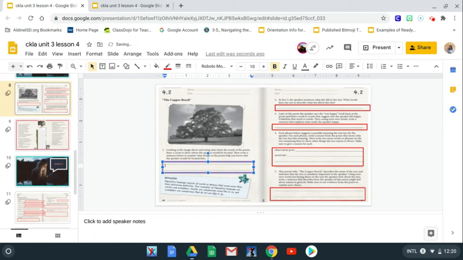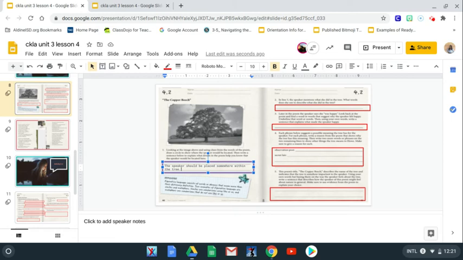The speaker was within the tree. And then our second question, what evidence from the poem tells us that she would be